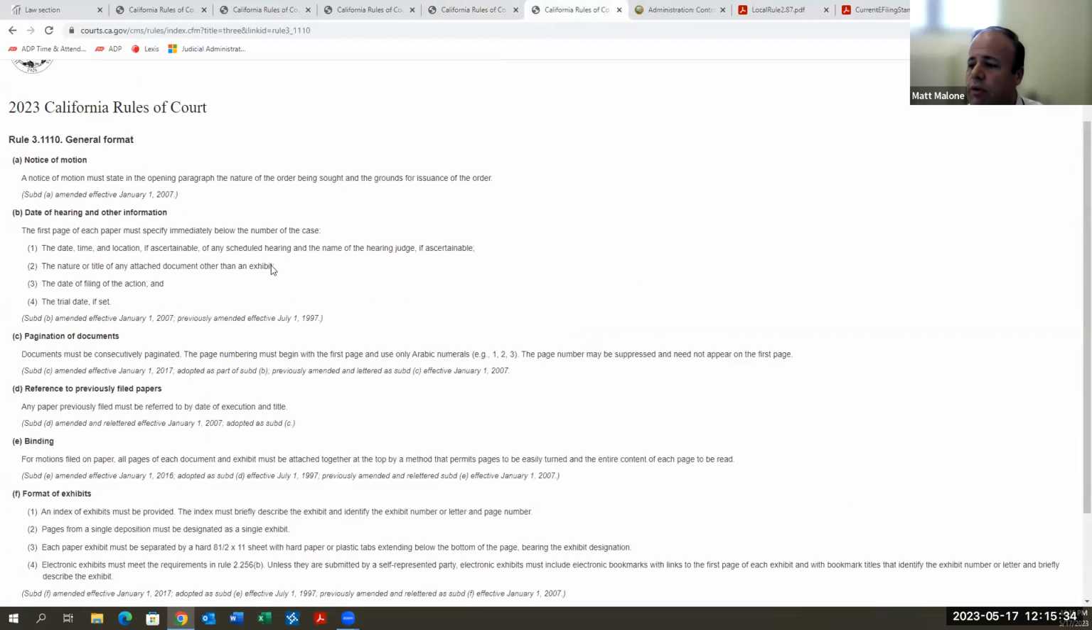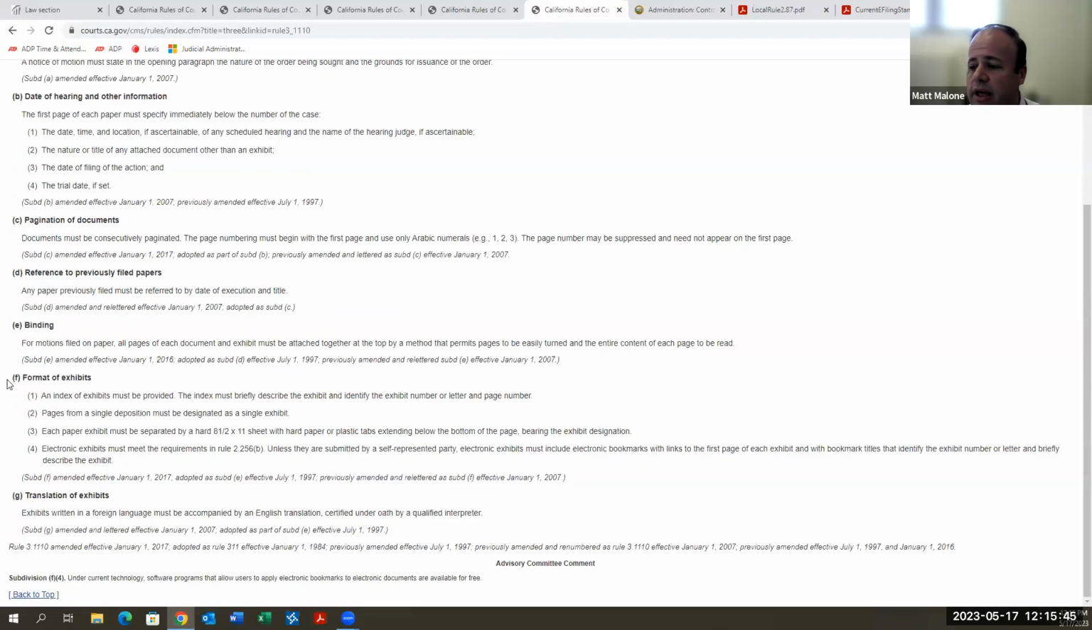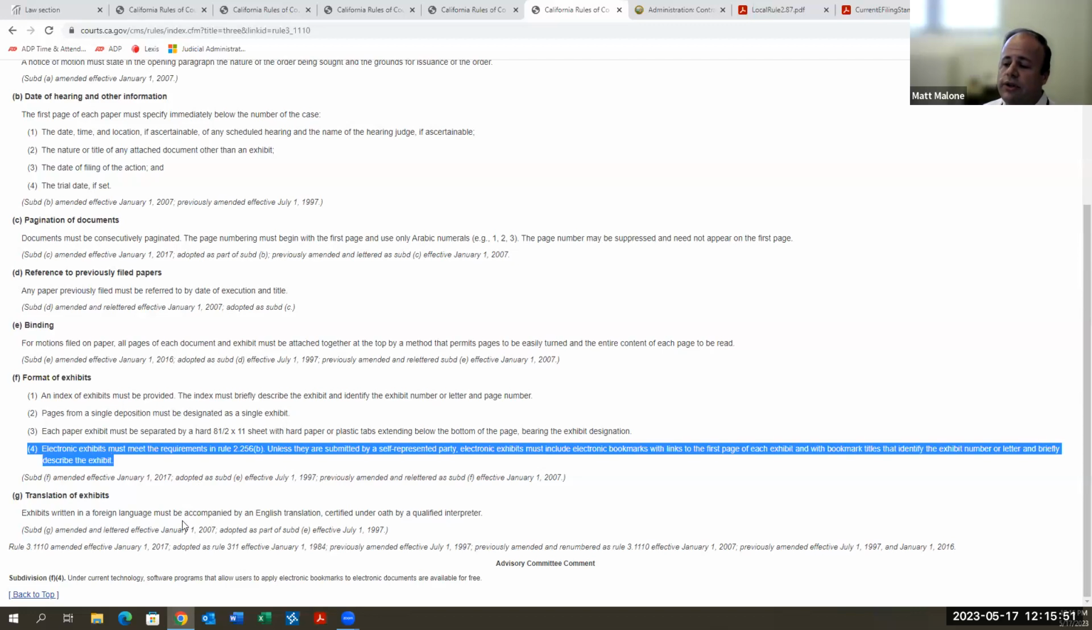The last applicable rule of court here is Rule 3.1110. This is not specifically an electronic filing rule, it's a general formatting rule. But one thing that comes up quite a bit under format of exhibits, subsection F, is F4. This concerns electronic exhibits. And again, self-represented parties are exempt from this, but electronic exhibits must include bookmarks with links to the first page of each exhibit and with titles that identify the exhibit number or letter and briefly describe the exhibit. I cannot tell you how important this is for large MSJs,